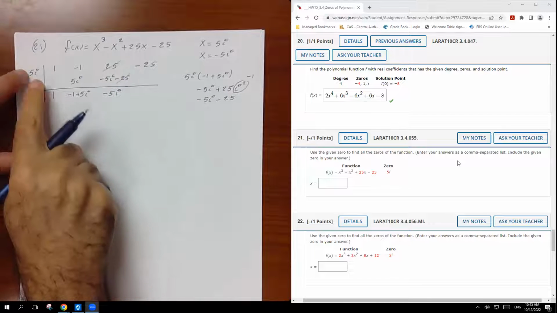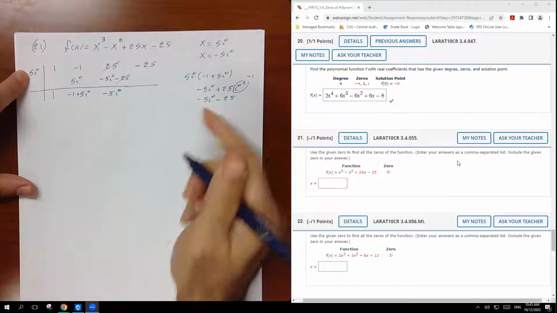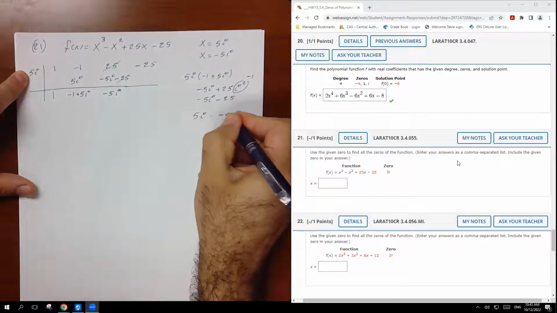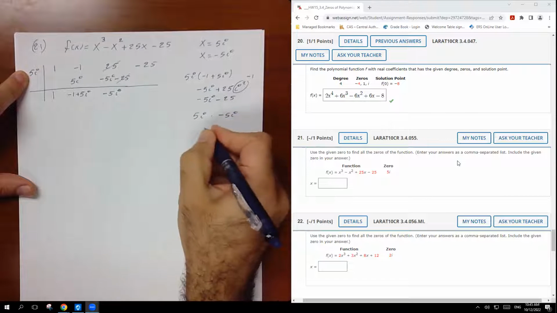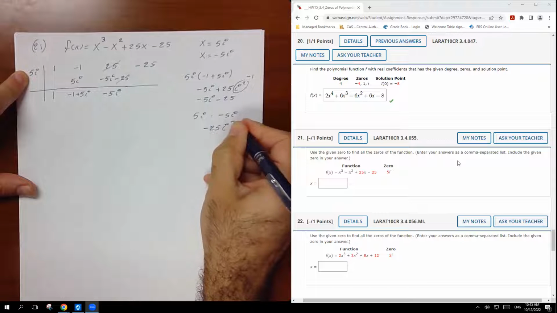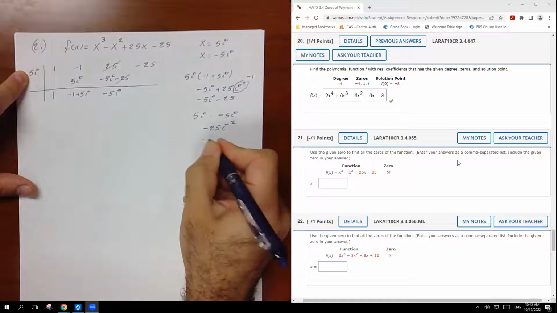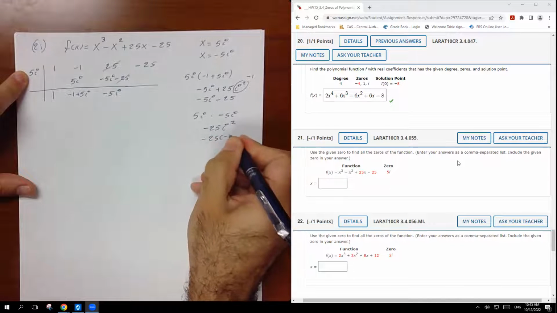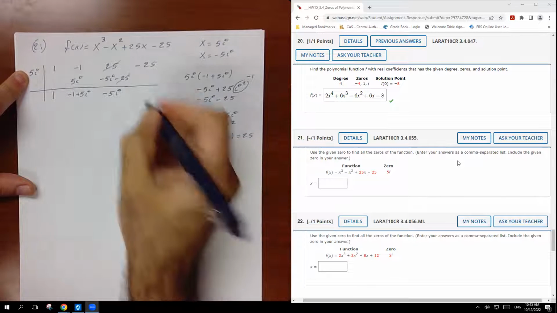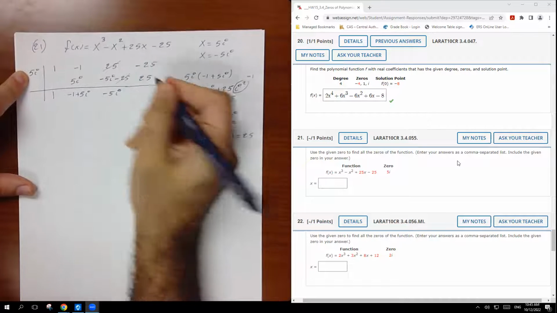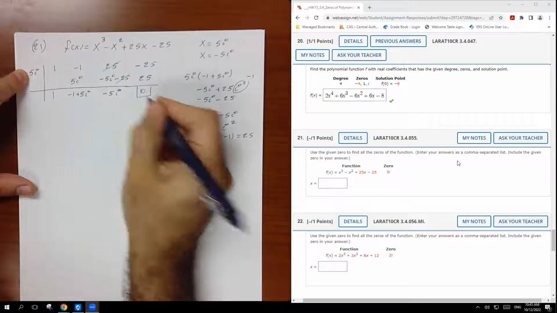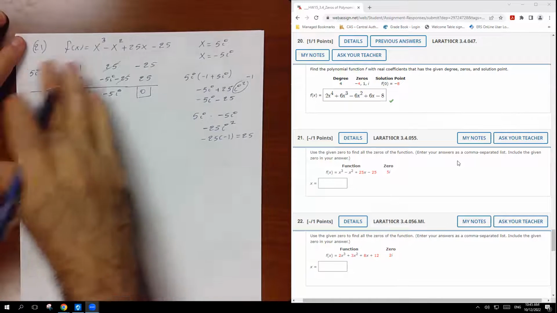Then I'm going to multiply 5i times negative 5i. 5 times 5 is going to be negative 25. i times i is going to be i squared. i squared is negative 1. So it's going to be negative 25 times negative 1, which is equal to 25. That means I'm going to write down here 25. Add these together, it's going to be 0. That means this polynomial function,